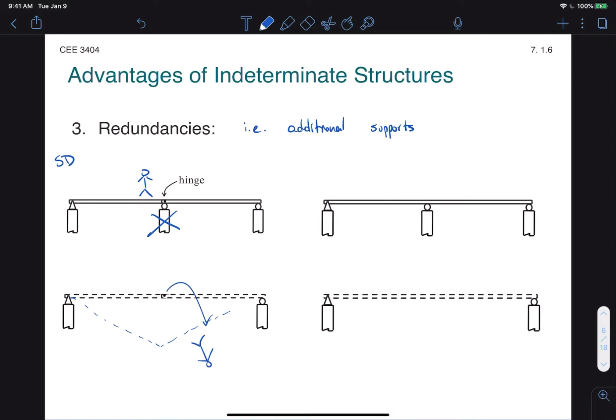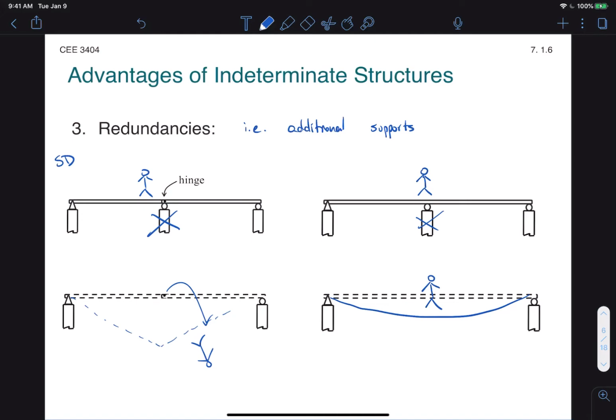On the other hand, the statically indeterminate structure has redundancy. So in this case, the hinge has been removed, so this is statically indeterminate by 1 degree. So if I remove one support, the structure will deflect more. So now it's a determinate structure, but it still will stay stable. Right? So we've gone from a statically indeterminate by degree 1 to a statically determinate structure. So therefore, we have a little bit more, let's say, built-in redundancy, built-in kind of safeguard against potential failures